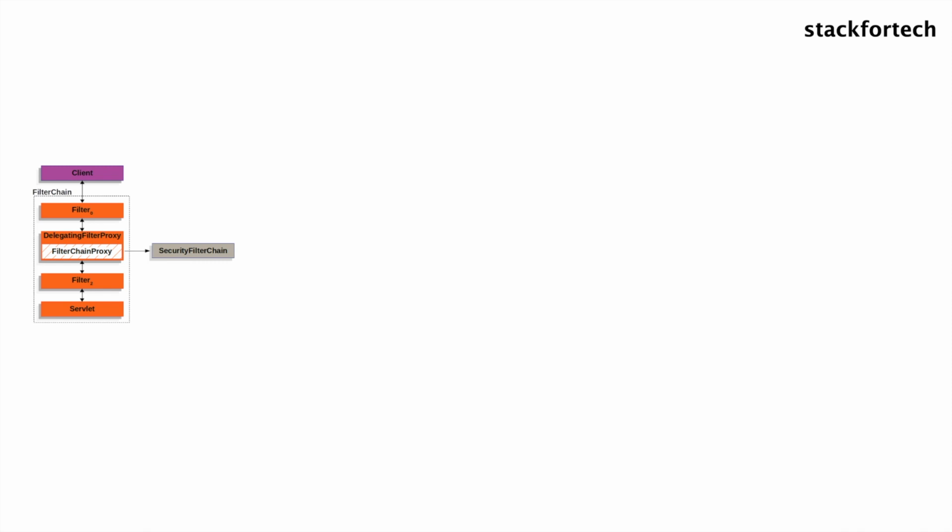The client request passes through the list of filters to the security filter chain via this delegating filter proxy to a specific authentication filter. This authentication filter can be any of those: the username password authentication filter or the basic authentication filter. Whatever filter is configured in the application, the security filter chain will divert the request to that security filter. Then the authentication filter forwards the request to the authentication manager, and the authentication manager's implementation is the ProviderManager.